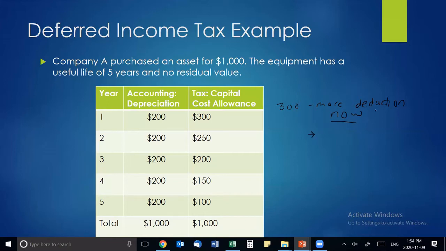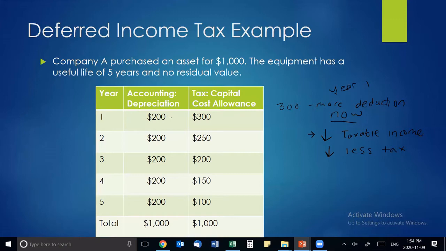If we took more of a deduction now, that's going to decrease our taxable income, right? And if our taxable income goes down, what happens to how much tax we have to pay? The amount of tax we have to pay also goes down. So we're paying less tax, right? So that's this year. So year one, we're paying less tax because we took a large deduction for tax purposes